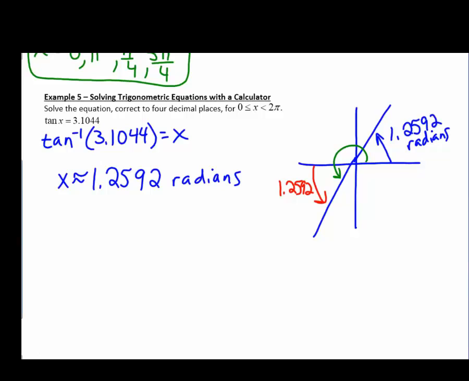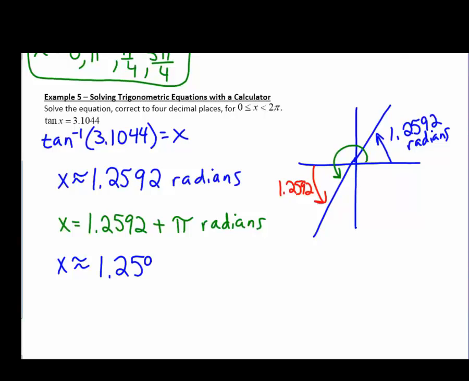Okay, well, we need to add to our reference angle, we need to add pi. Okay, and so we can just plug that into the calculator. So I'm just going to add pi in my calculator, and we end up with x is equal to the original angle, which was 1.2592 radians,